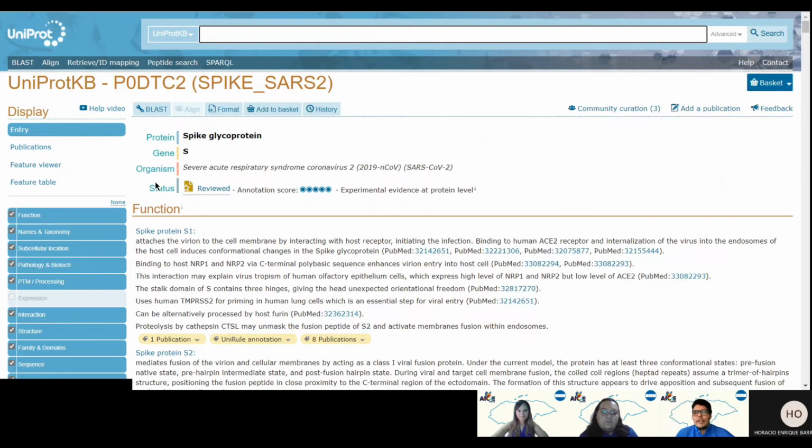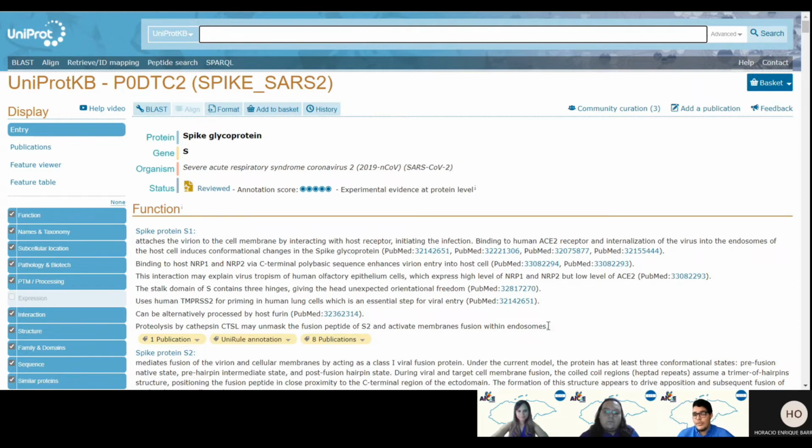So you can find information about the protein, the gene, the organism, and the functions. First of all, I want you to look at this page and analyze and read what information you can collect from this main page. That way you can identify, okay, I'm searching, for example, the COVID-19, like the example we have right now. You'll have to analyze this page and say, okay, I am in the page that is giving me the information